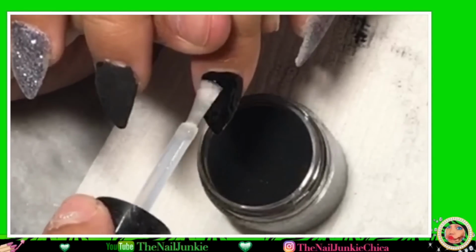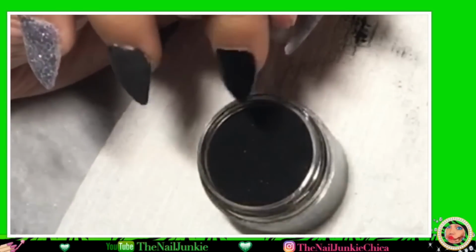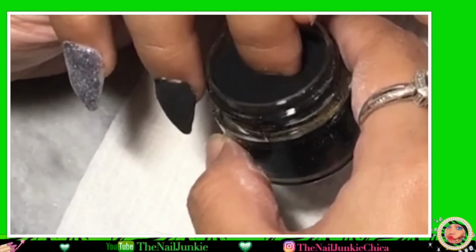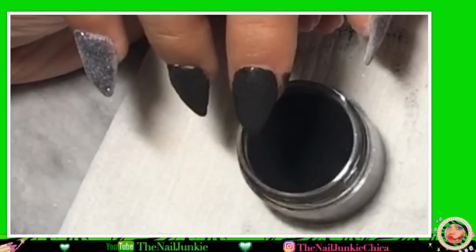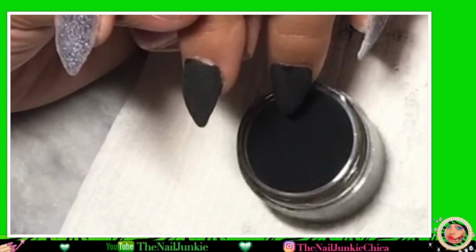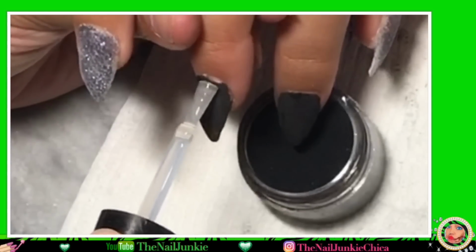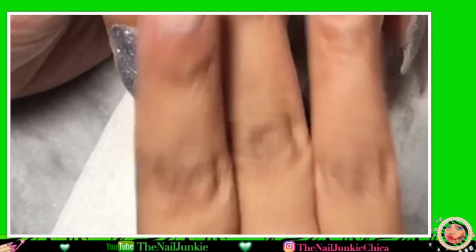Love this black. This is the most darkest color ever. She loves them, but we did make this to be a matte black, so she really loves the black. I really like how it is layering on. It's not layering clumpy. I am coming back and I am fixing the little spots that we did,